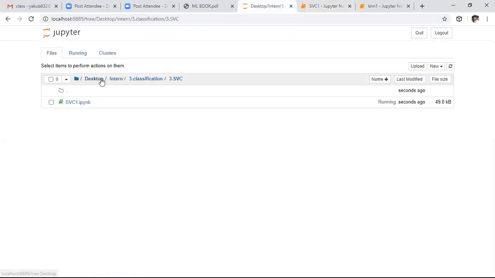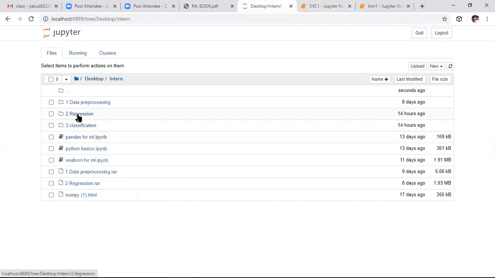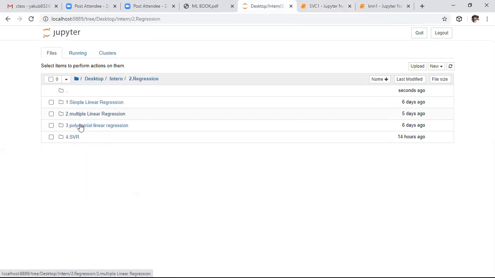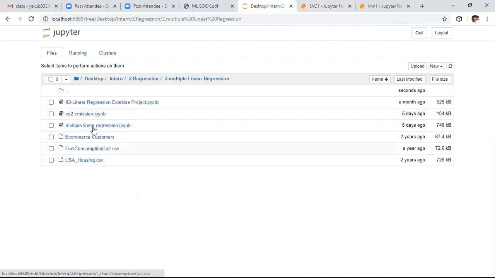Here we have the regression folder, right? In the regression folder also we worked on a specific data set. Which data set did we work with previously?